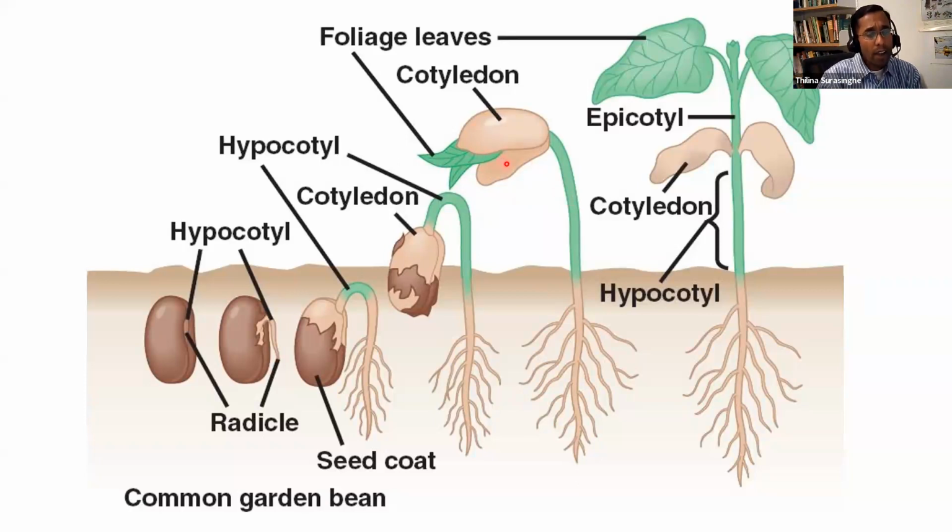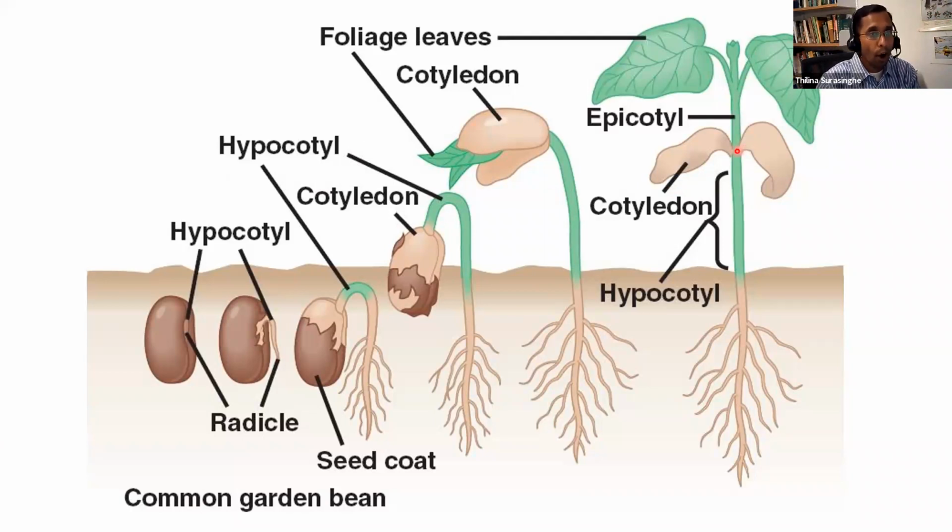Cotyledons, why are they so large? Because they have absorbed nutrients and taken over the role of the endosperm, right? The endosperm shrinks, and the cotyledons, which are 2N diploid, become the source of nourishment for the developing seed, the developing bean in this case. Now, at this point, you can clearly see the epicotyl is the part of the stem that occurs